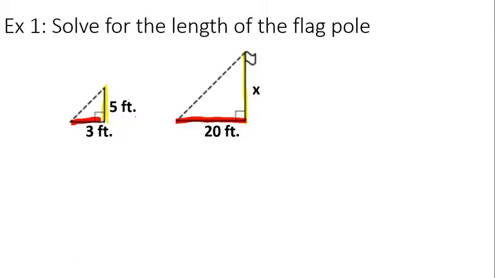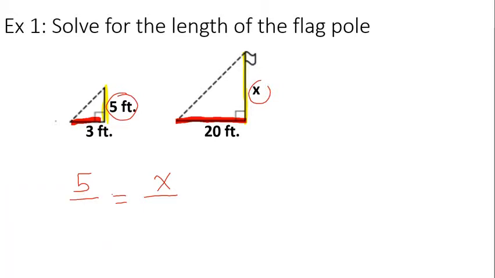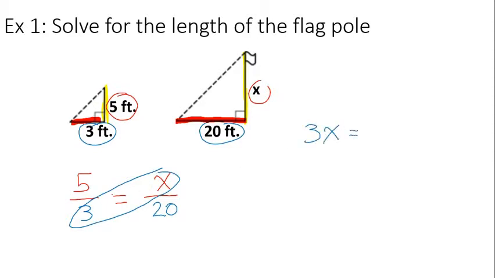Okay, so when we set up our proportion, we make two fractions. We put 5 and X both on top, and then the 20 and the 3 both go on the bottom, in the denominator. Then we just cross multiply here. So we start with the x's. X times 3 gives us 3x equals 5 times 20,